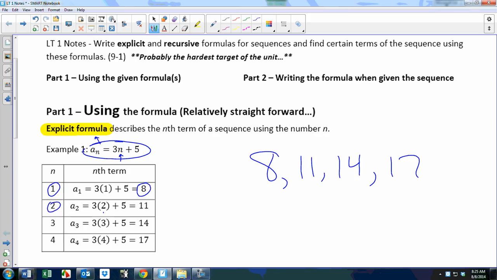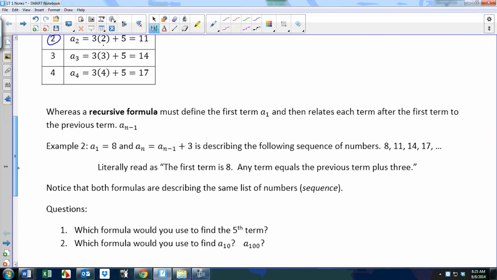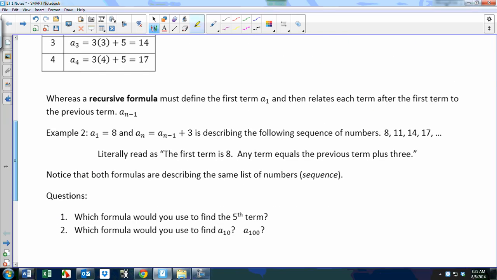Clearly the pattern is what? 8 to 11 to 14 to 17. Yeah, plus 3 every time, which is what a recursive formula uses. It uses that reoccurring pattern and defines it using that. Okay? Talk about the recursive. A recursive formula must tell you what the first term is and then tell you what to do to that first term to get the second term. So, an example